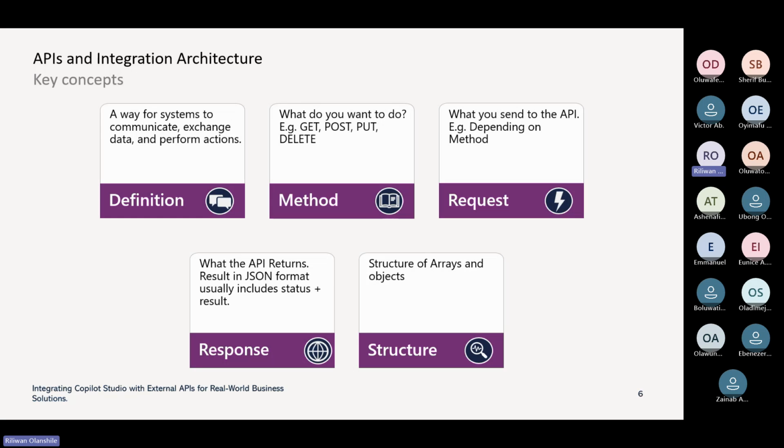Now, if you look at this particular method here, we have various types of methods that you can use for an API, right? A get method. A get method is basically, I need this particular thing, right? An example of a get method that you have in the Power Platform, for those that are very familiar with Power Automate, I can still show it when I finish the slides I have here, is the get item and the get items.